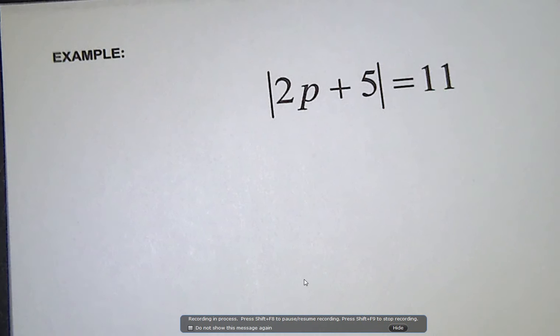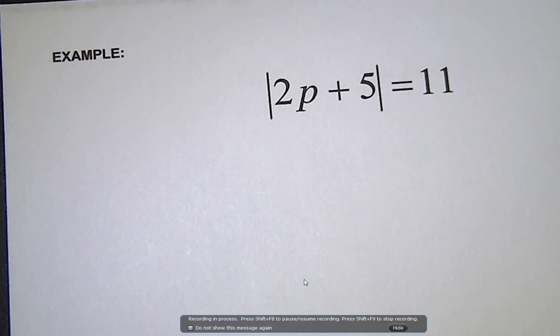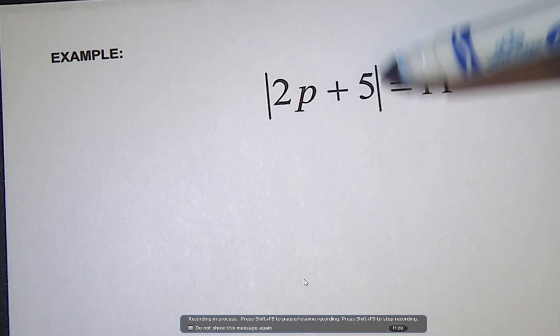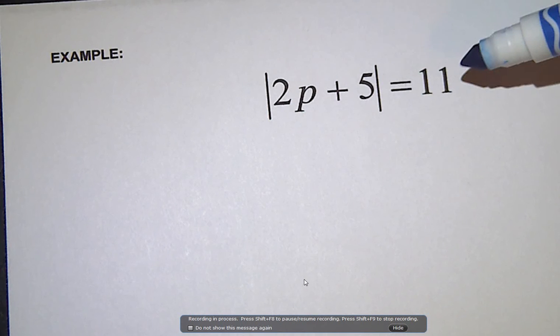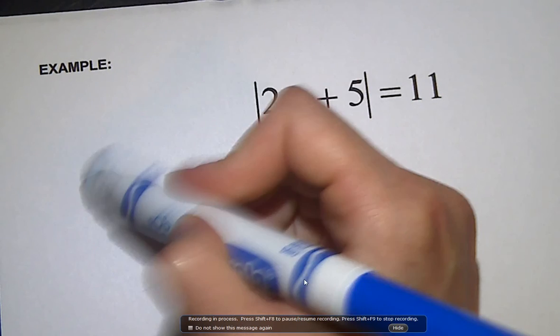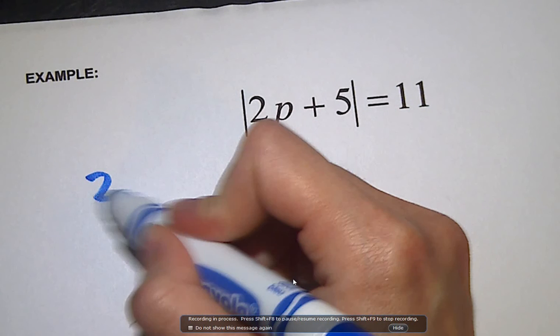So now we've got more than, this is different than what we just saw because here I have an entire expression as part of my absolute value, the whole thing. So really this whole expression, we're saying that that is 11 away from 0. So since this is 11 away from 0 on a number line, I need to solve for t plus 5